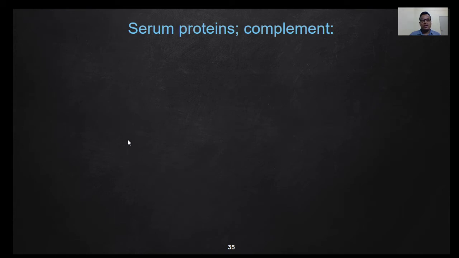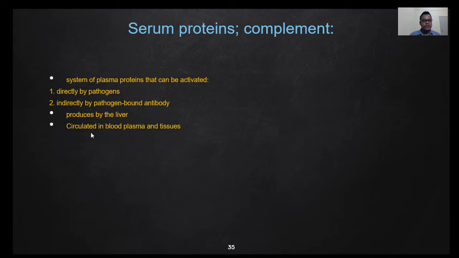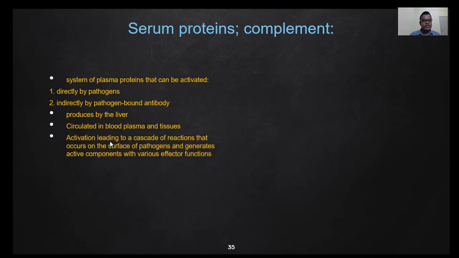I will brief a bit on complement. Complement is a system of plasma proteins that can be activated directly by pathogen or indirectly by pathogen-bound antibody. Complements are produced by the liver. They are circulated in the blood plasma and in tissues. Activation of complement leads to a cascade of reactions that occurs on the surface of pathogens and generates active compounds with various effector functions,